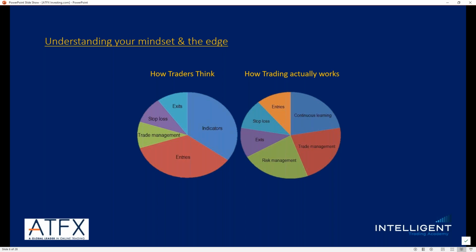But in order to understand the markets, we need to understand our own mindset and our own edge. If you can't manage your mindset, your psychology and what you've got in front of you, your go-to setups, your trading plan, your journaling, and ultimately the processes, are the key to becoming an independent trader with the ability to create profits per annum.